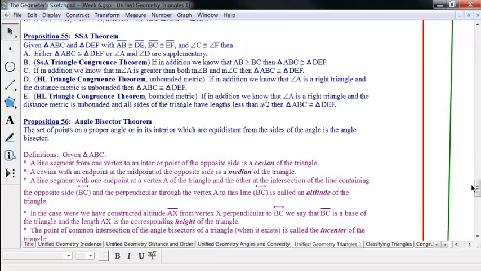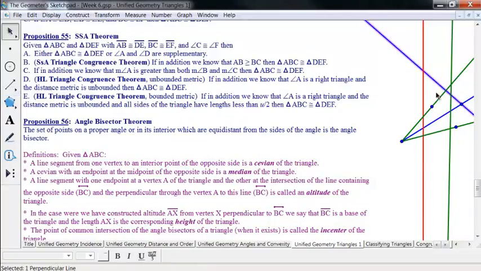And the angle bisector theorem says if we take an angle here, I'll do a Euclidean example, there's going to be an angle bisector that we can construct here. And if we take any point on this and we find its distance to this line here, which is the shortest distance, which is a perpendicular distance, so we're going to that point, and the distance here, which is also the shortest distance, which is a perpendicular distance. Okay,